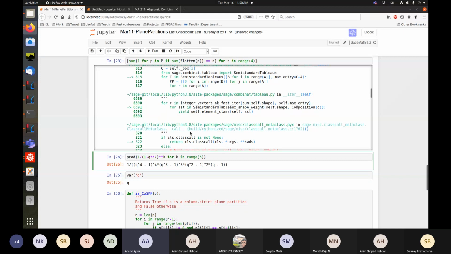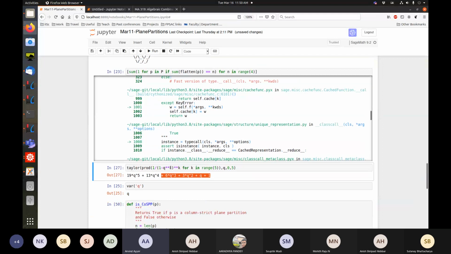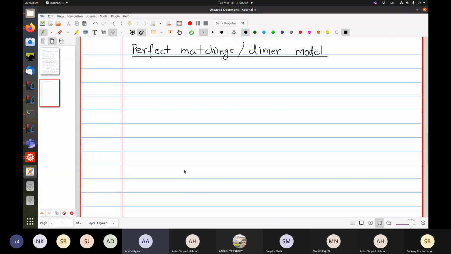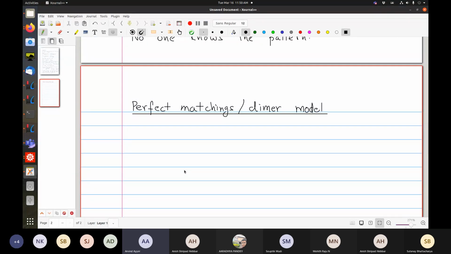So Q, and here it is. Now let me take the Taylor series of this at Q0, let's say 5. So you see the first 4 terms match 1136. Of course, you can't take an infinite product, so you take a large enough finite product, and it will compute the series. That's a quick check. Well, it's not really a check because we haven't done anything non-trivial, but just for that.